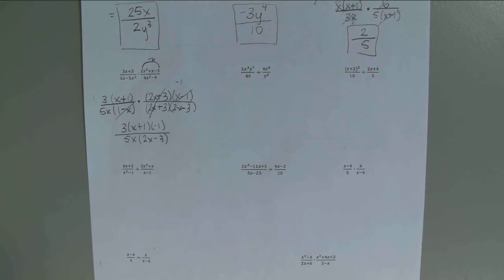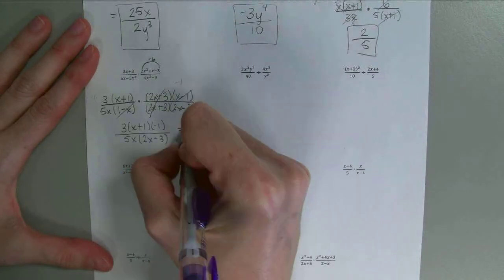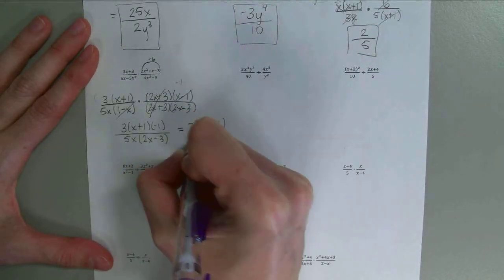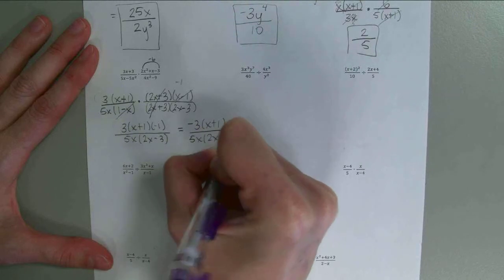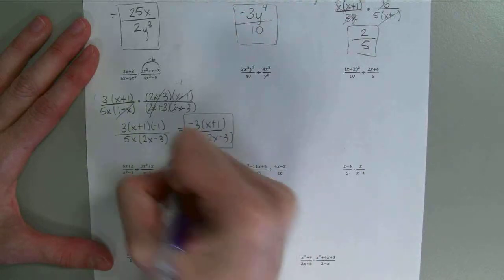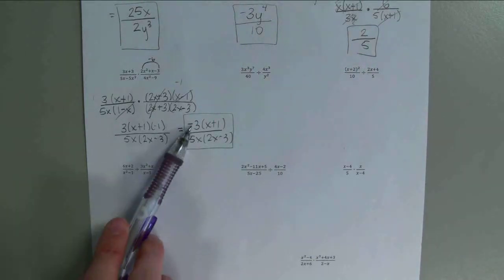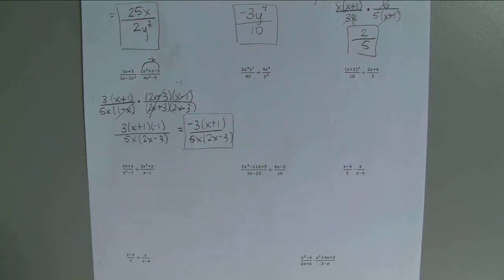When you multiply by a negative 1, what happens? It just changes your sign. So your final answer is just negative 3 times x plus 1 all over 5x times 2x minus 3. You guys see what we did there? So we canceled out everything they had in common. But when we cancel out that x minus 1 with the 1 minus x, it was that difference of a sign, which made our answer end up being a negative there. Okay? Guys,